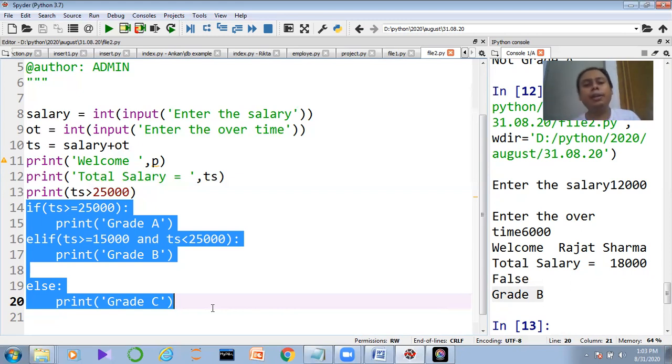In my next video, I'll start the looping concept. And after finishing the looping concept, I'll be migrating to the user defined function. Then we'll migrate to objects like list, dictionary and tuple.